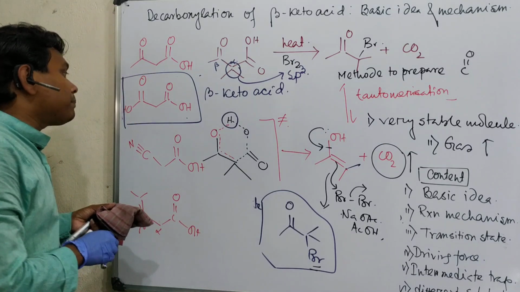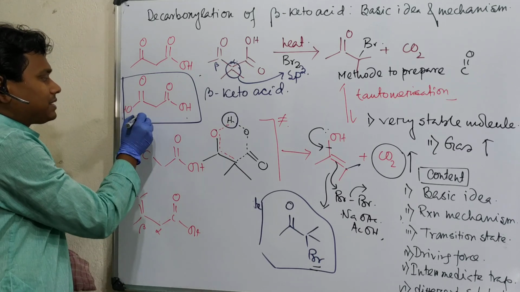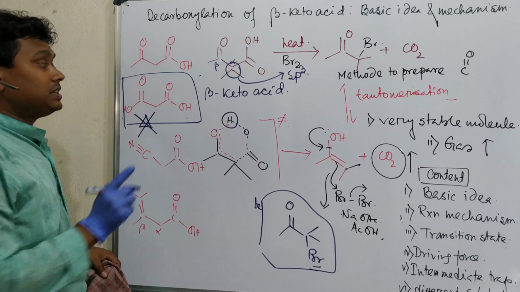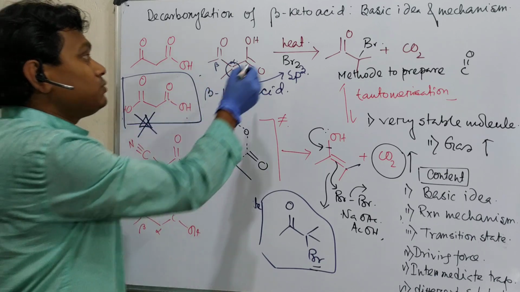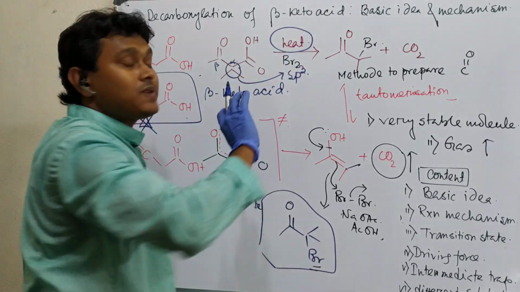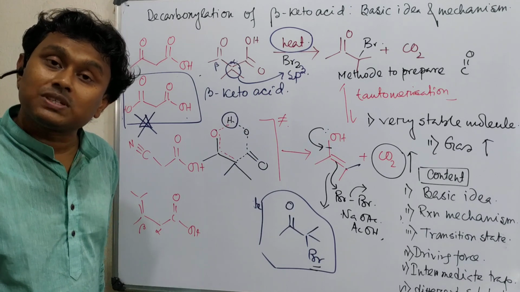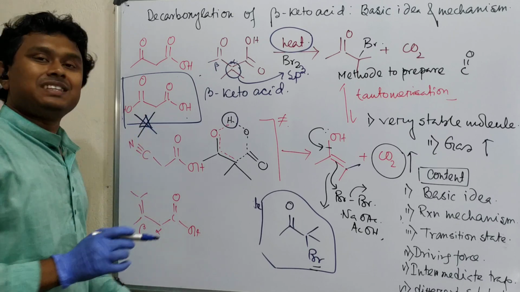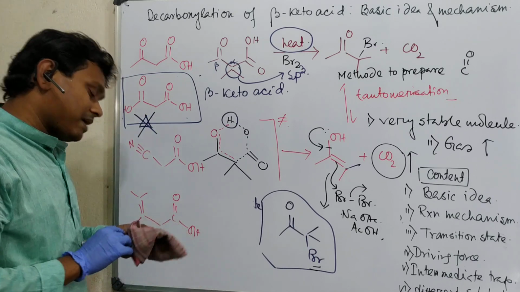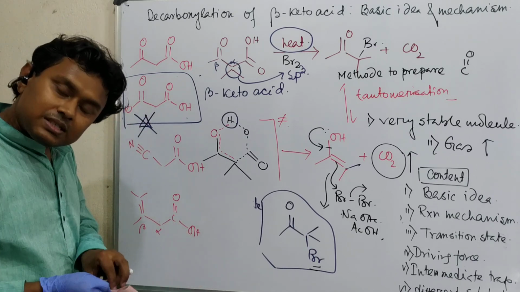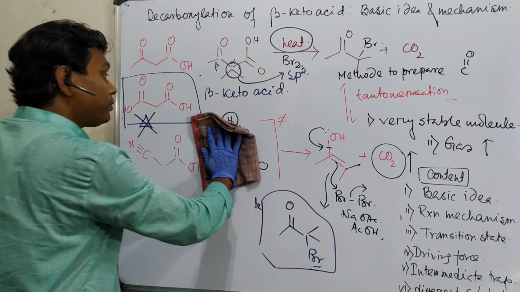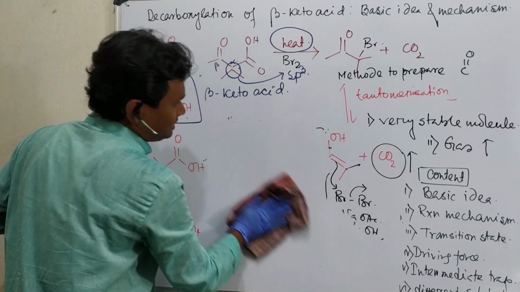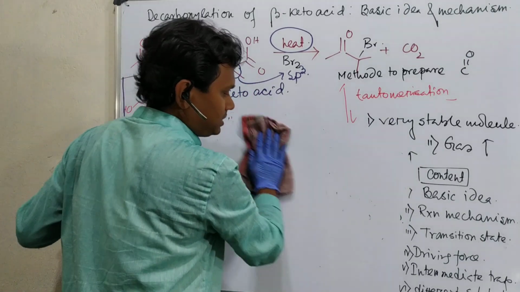First, you have to prepare this compound, but at no heat. You can't give any heat. Then it is stable, because see one important information: beta-keto acid doesn't mean it will undergo decarboxylation. You have to give heat. So if you don't provide heat, this material will remain in the stable form. This is important information also, because sometimes we learn it incompletely, and then